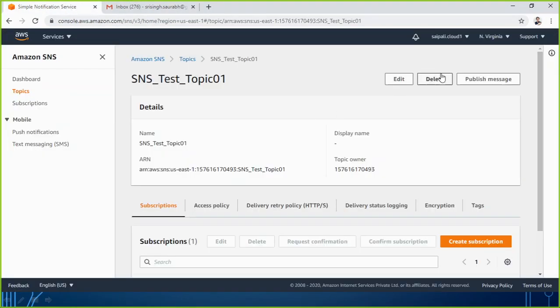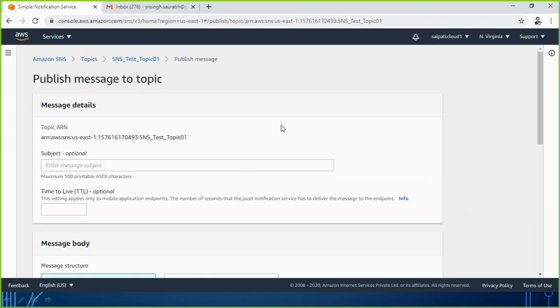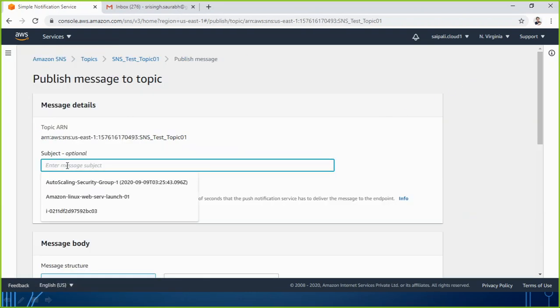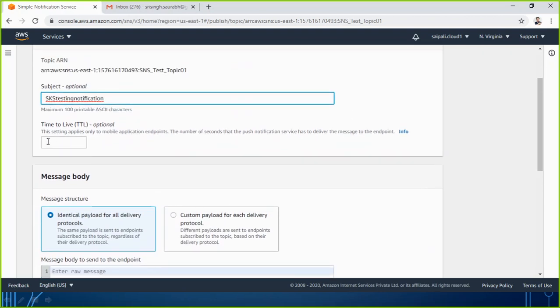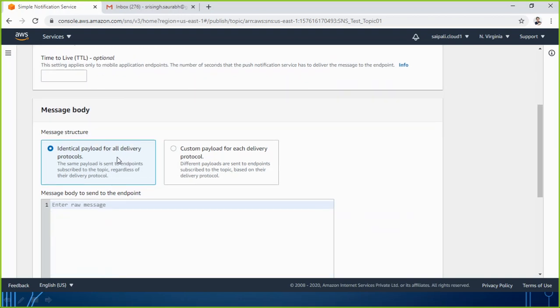So let's do that. Publish message, give any subject for that message. I'm just giving the name SKS testing notification. That will be the subject, and I can set the TTL value, which is optional. Message structure, I can choose any, and I just type here the message I want to send.